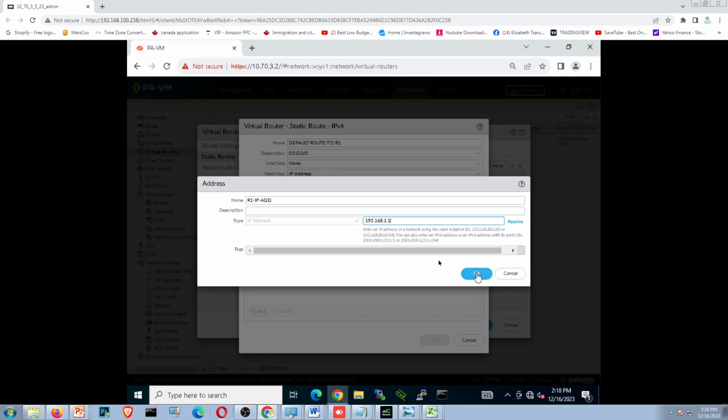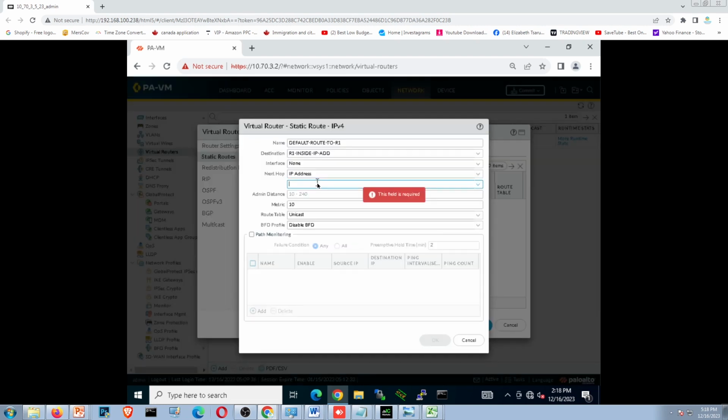Click OK. R1 inside. Okay, click OK. And the next hop is, I will choose the one I created, and then